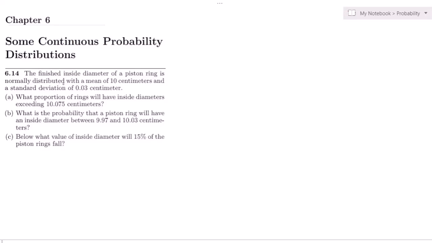Hello guys, this is question 6.14, and the statement of this question is: the finished inside diameter of a piston ring is normally distributed with a mean of 10 centimeters and a standard deviation of 0.03. Means mu is 10 cm and sigma, the standard deviation, is 0.03 centimeters. On the basis of this information we have to find the answers of parts A, B, C. What is the statement of part A? What proportion of rings will have inside diameters exceeding 10.05 centimeters? So this is that x is greater than